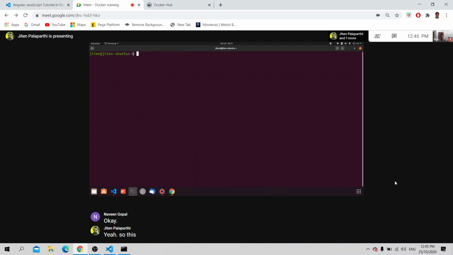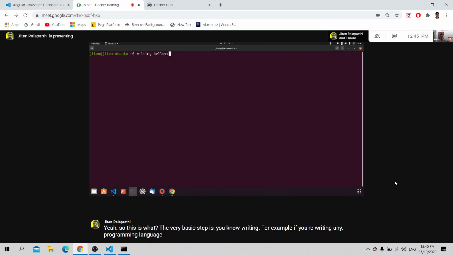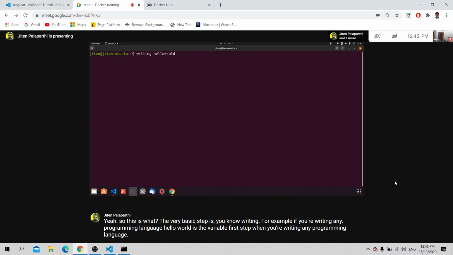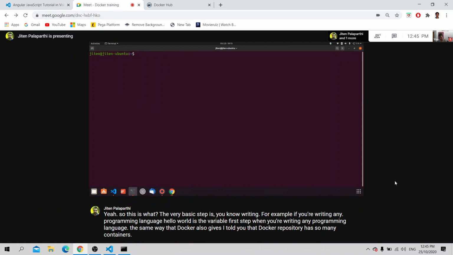So this is the very basic step. For example, if you are writing in any programming language, hello world is the very first step. In the same way, Docker also gives one. I told you that the Docker repository has so many containers that were developed and deployed by many companies.